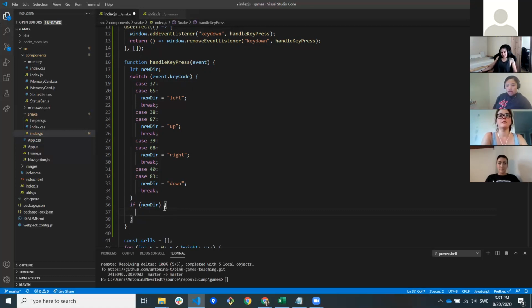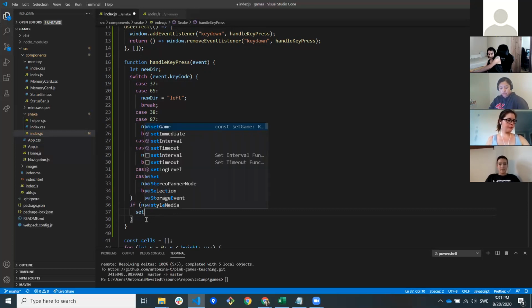From the Mentimeter. Empty string is false, but empty array is true. That's a brain fuck for me, but I can find some logic in it, I think. Anyway, JavaScript. So if new deer, then we want to set game